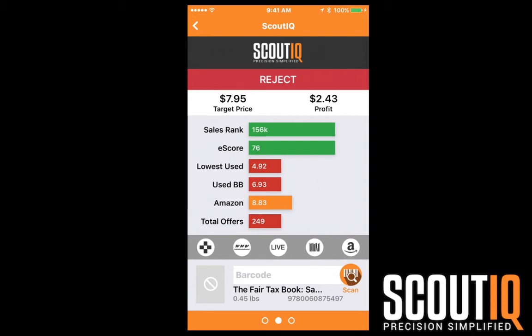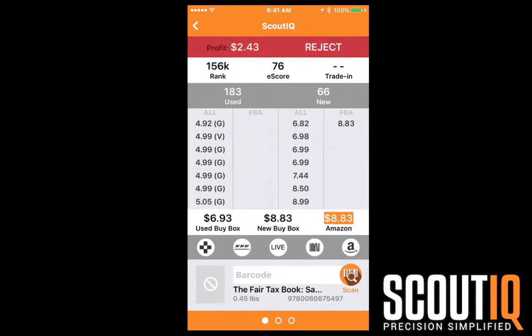So in this case, 883 minus 10%. If you can do the math on the fly in your head, the calculator or the app does it for you. It's going to be $7.95. On this screen, any price is tappable, and it'll update what your profit's going to be in the upper side of the screen. Again, if you tap on Amazon's price, it's actually going to show you